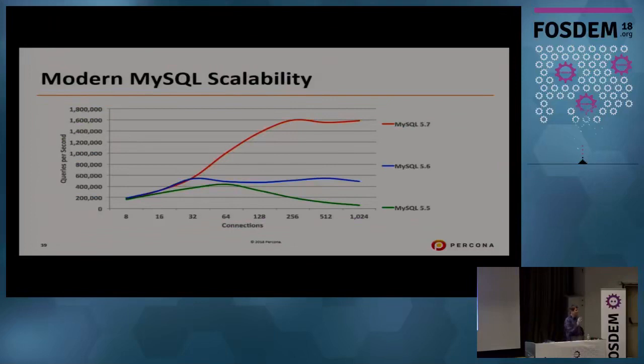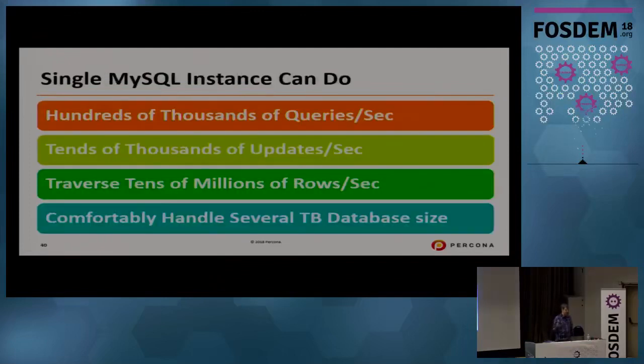Let's also look at modern MySQL scalability and what that means, right? These are, again, graphs from Oracle marketing, so they probably show us a best case scenario. We can see here that MySQL can reach more than 1 million queries per second on a single box. That is a lot of queries. And yes, of course, there is some big box which was used here, and these are some very simple queries. But if you really look at a single MySQL instance, it can do hundreds of thousands of queries a second of medium complexity.